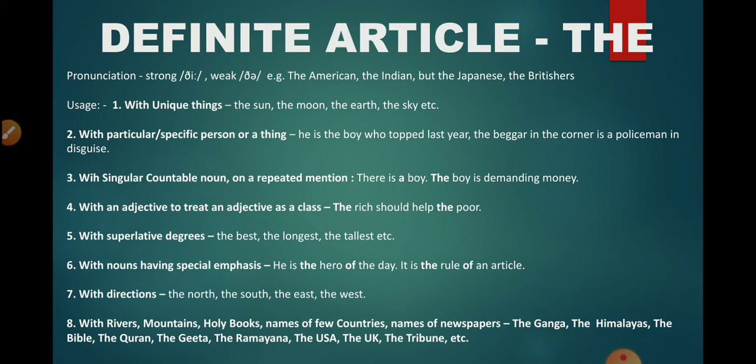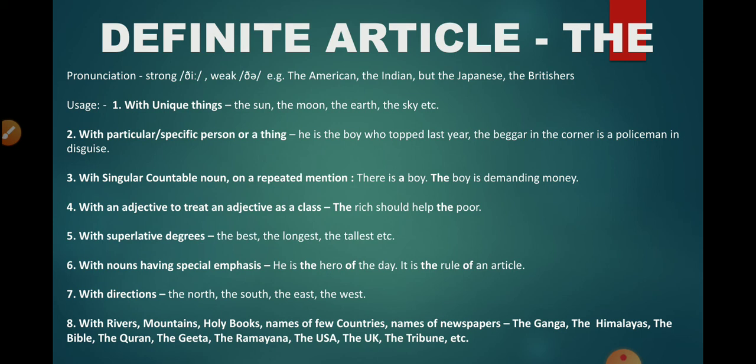Next is quite an easy one. With all names of directions, we must use the definite article the, like the north, the south, the east, the west. And the last one is with the names of rivers, mountains, holy books, names of a few countries, names of newspapers. So it's simply a matter of cramming that with the names of some big rivers, we use the definite article the,